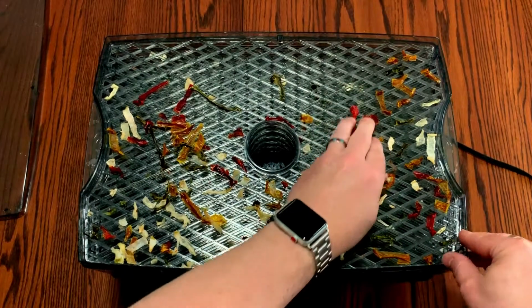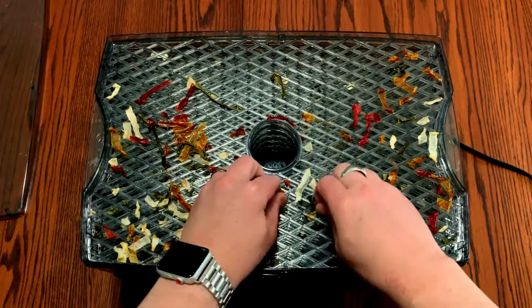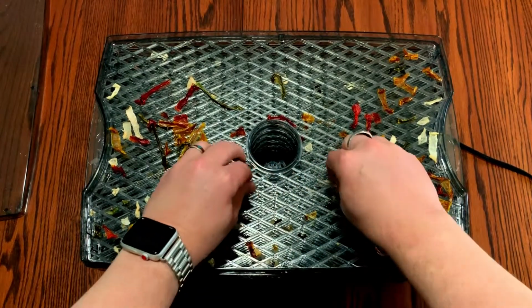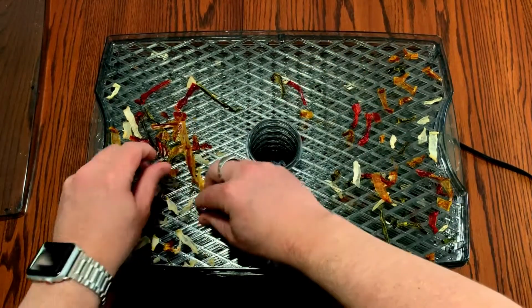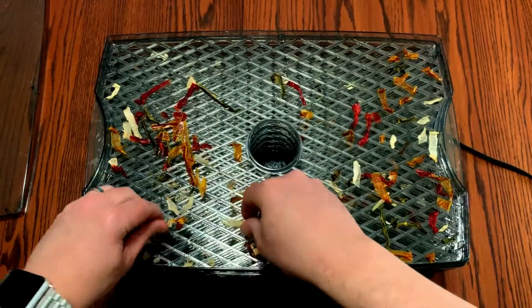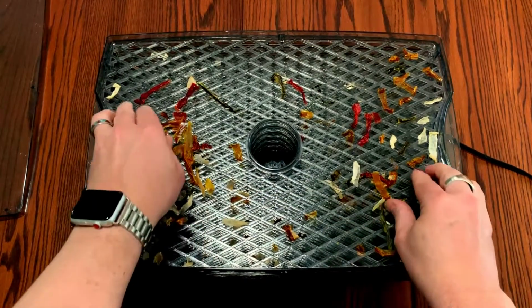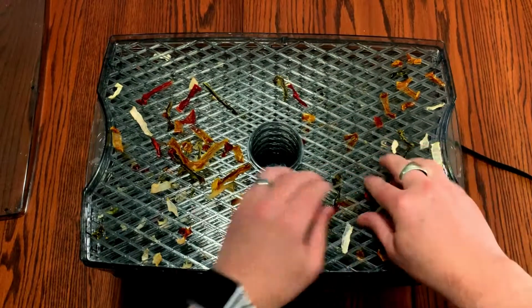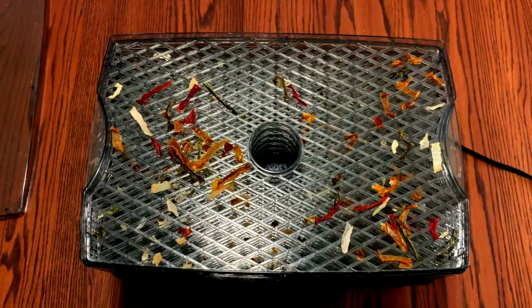If you try and take your dehydrated vegetables off the tray and they're sticky and they're not just coming right off, then they're probably not dry enough. So that's an easy way to tell. So we're just going to loosen these up and take them all off and put them in a bowl